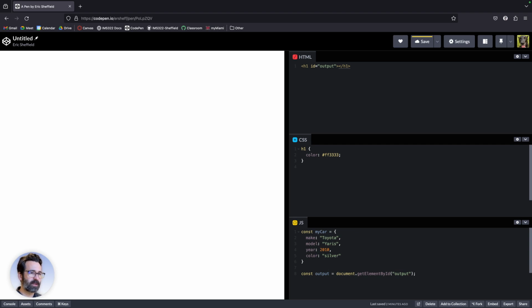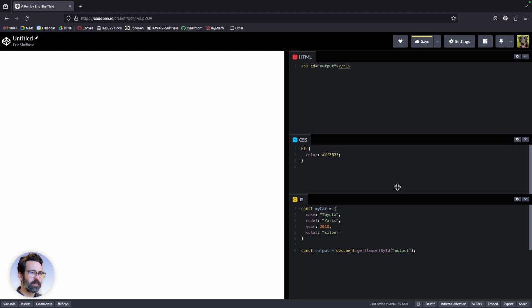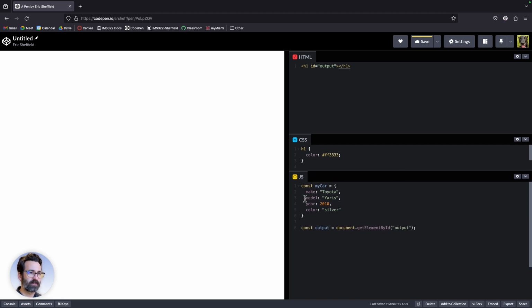So I have these four characteristics about this car, and if I want to get one of them out, I'm going to reference its key instead of its index. The key is referenced by dot notation, where I use the name of the object separated by a dot with the key that I'm trying to look at. So output dot inner text